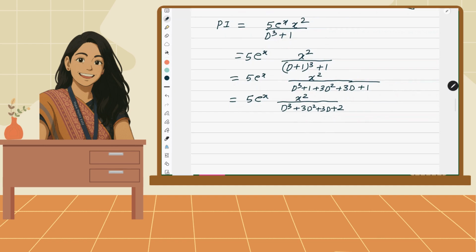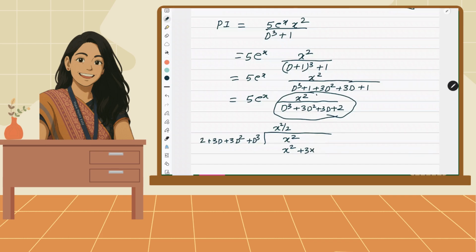So let me solve this. So we are just solving this part first and then we will substitute it over here. So I'll write x square here, 2 plus 3d plus 3d square plus d cube. So those who don't know this method, please go through the previous video and learn how to solve the polynomial. Okay. Now here I will show you how to do it. First term will be x square by 2. Now I will operate this whole thing on x square by 2. So first term is x square, then 3d of 2. So 2x. So 2 cancel, so 3x.